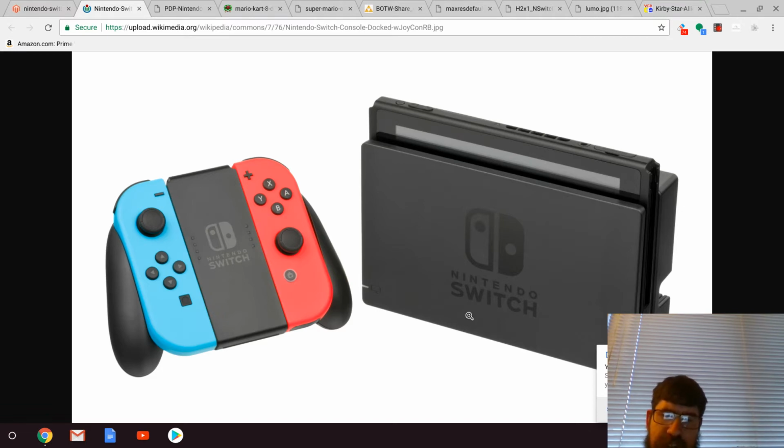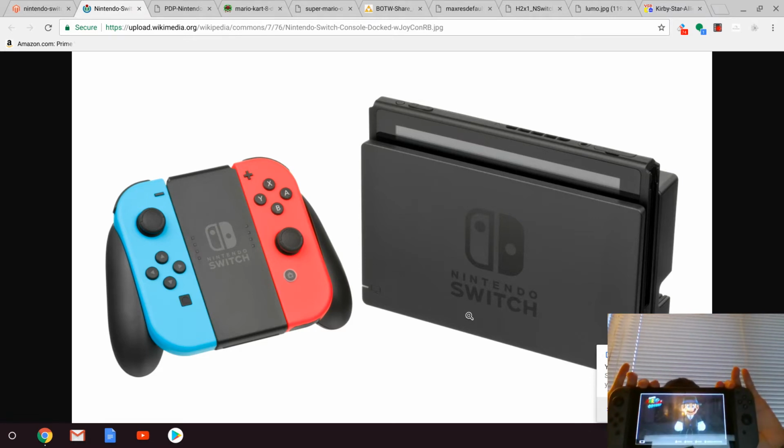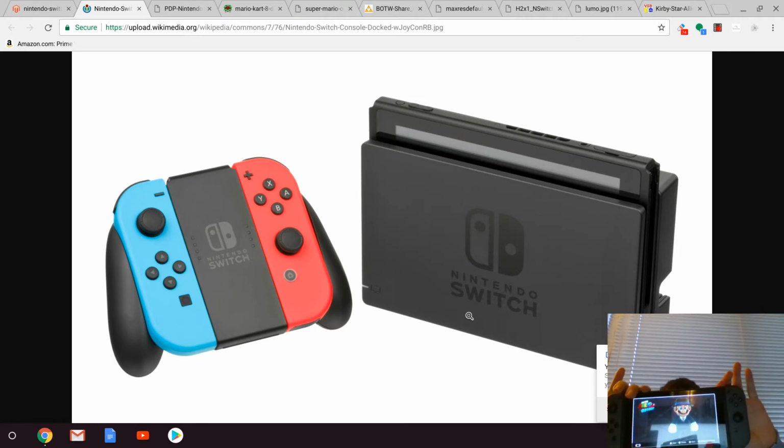Now, there are always positives and negatives to each console. Personally, I've been playing this for so long that there are very few negatives. We'll get to the negatives in a moment, but there is one more positive that I want to show you. One of the things that I absolutely love about this is the ability to take pictures in-game. Currently in Super Mario Odyssey, I am in the